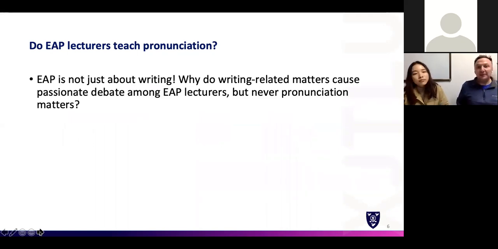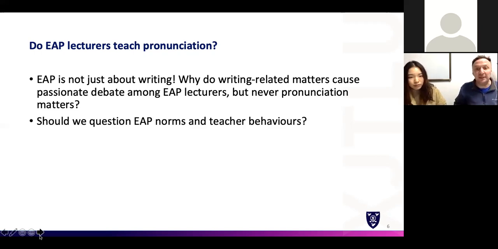So in our opinion, EAP is not just about writing. Why do writing-related matters cause passionate debate among EAP lecturers, but never pronunciation matters? Quite often teachers have discussions about should we have problem solution essays next year, or should we have cause and effect? When do we teach paraphrasing? How should we integrate sources? You rarely hear those discussions about speaking, and especially you don't hear them about pronunciation. So maybe that comes from the origins of EAP and the norms within it. For example,